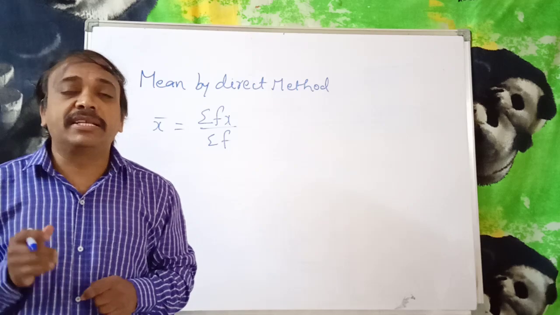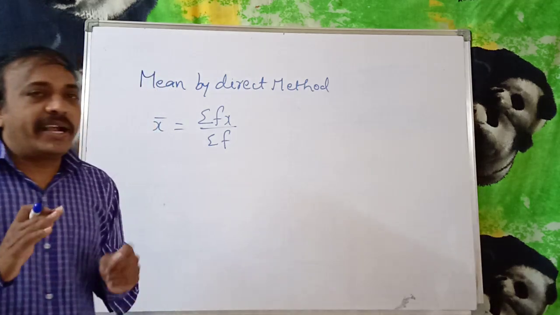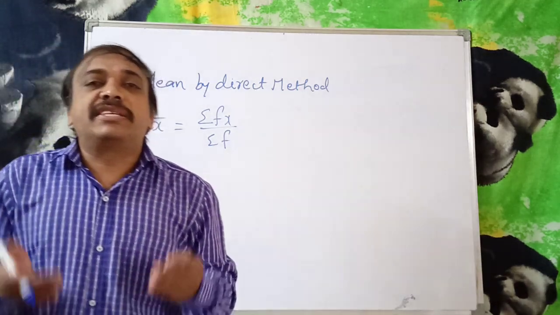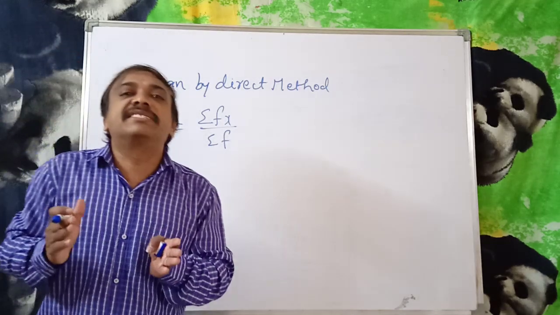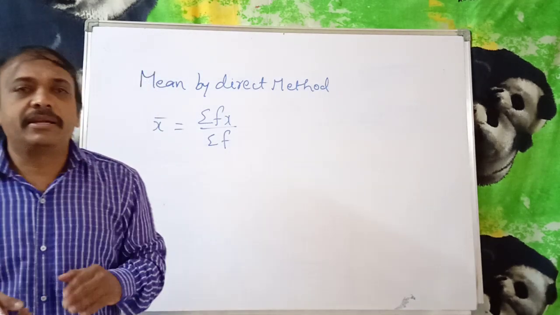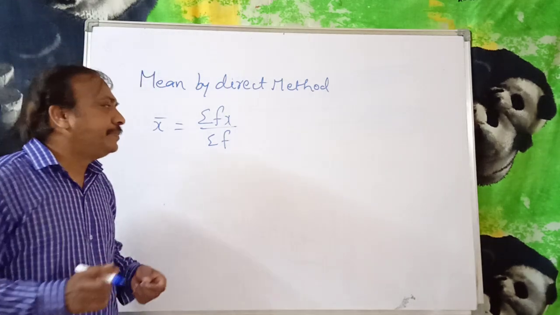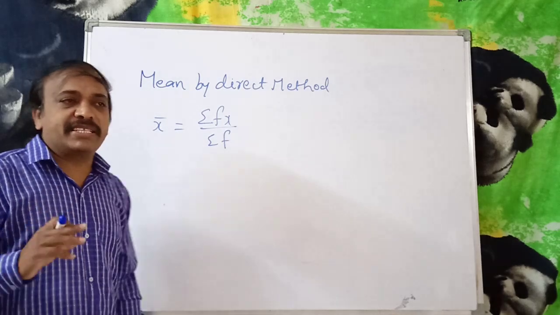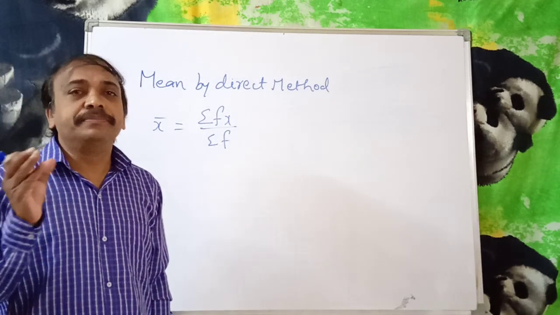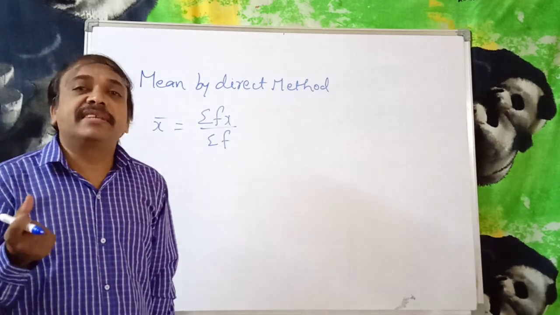Why these methods? Why can't we use the same method? What necessity makes us use another method? What is the purpose of using the other methods? Yesterday in the previous class we discussed group data which has small class intervals.